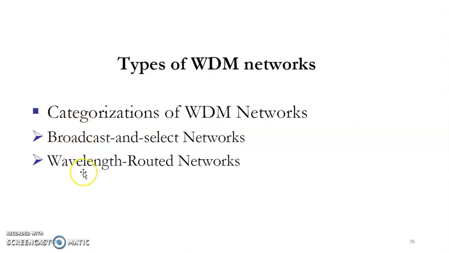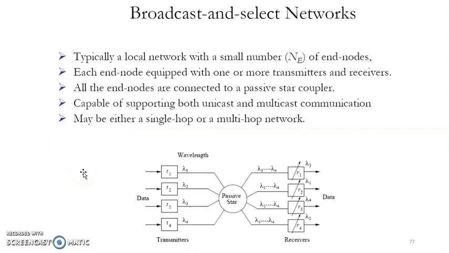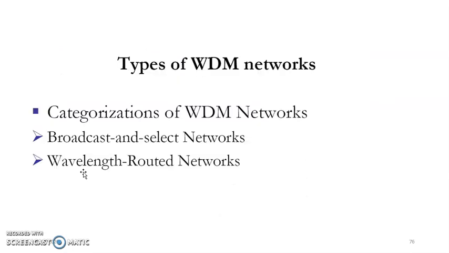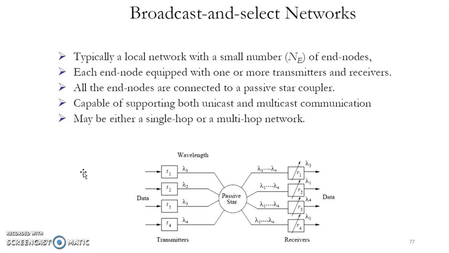We can say that a specific wavelength is propagating through the fiber there. So for the broadcast and wavelength routed network, it has a specific wavelength. We'll see the broadcast and select network. Generally, if you see the diagram here, it has